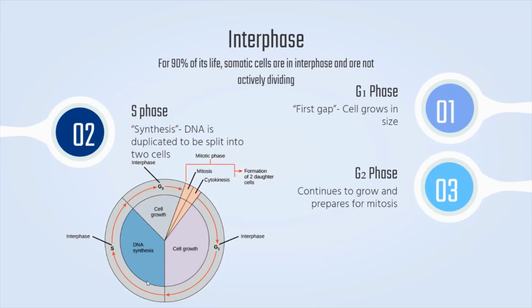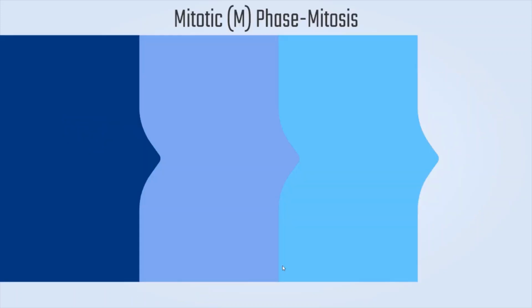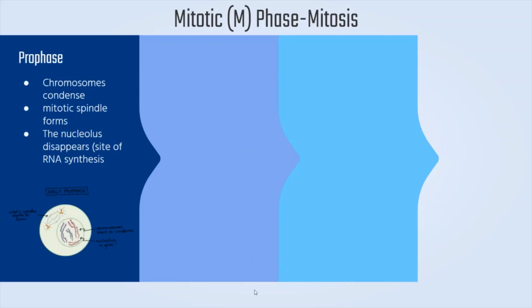In the G2 phase, the cell will continue to grow and ultimately prepare for mitosis, which is the next step in the cell cycle. The M phase, also known as the mitotic phase, consists first of mitosis. The first step of mitosis is called prophase. In prophase, the chromosomes will condense, the mitotic spindle will form, and the nucleolus will disappear, which is originally the